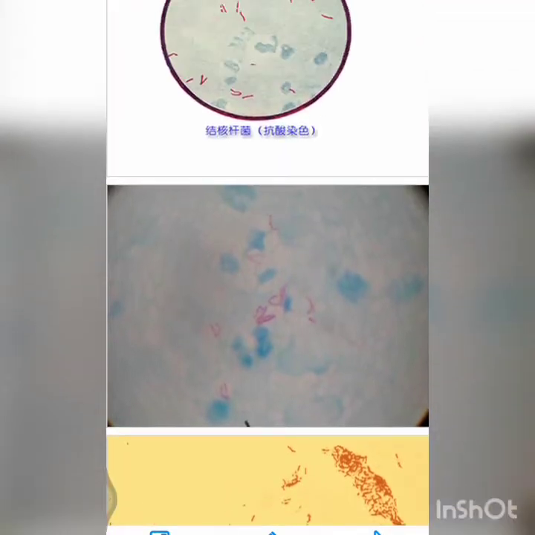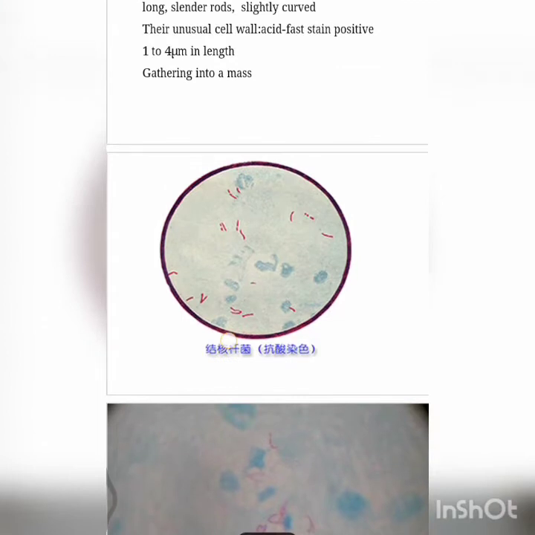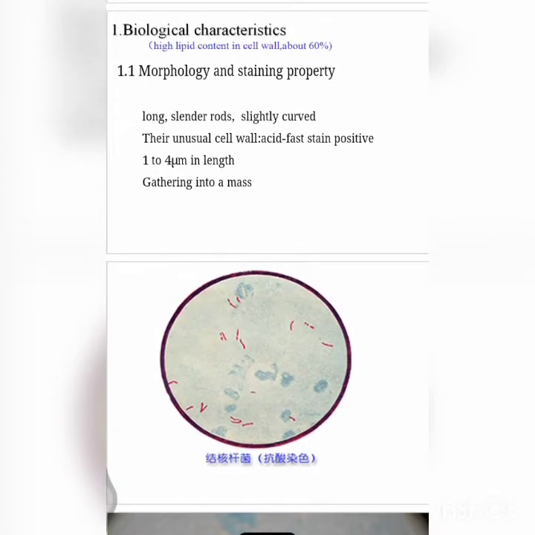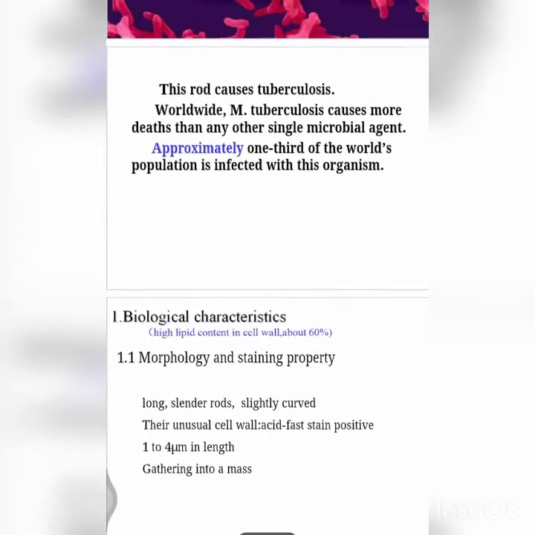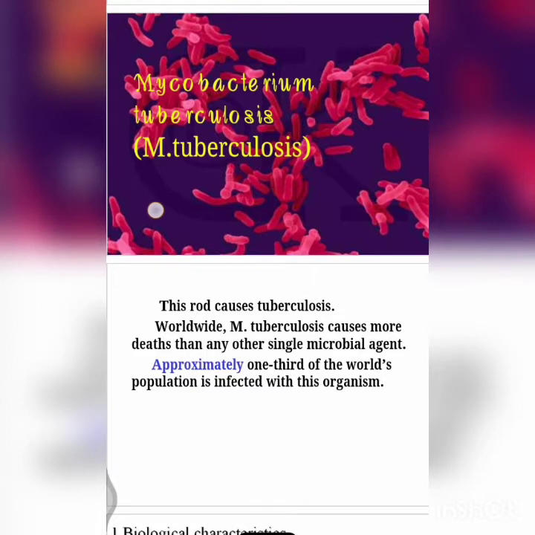Coming to the characters, they are obligate aerobes. Optimum temperature is 37 degrees, pH is 7, and they take 2 to 8 weeks to grow on the medium. Generation time is 14 to 15 hours, and they grow well on specially enriched media like serum, potato, blood and egg. M. bovis is microaerophilic, but M. tuberculosis is an obligate aerobe, that is, it completely requires oxygen for its growth. So they prefer to be in our lungs because there is a lot of oxygen there.